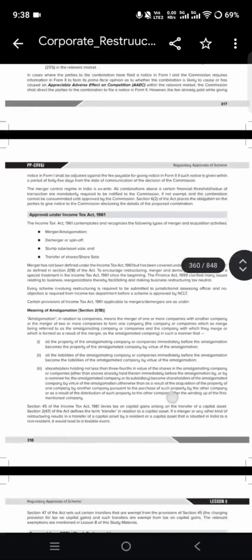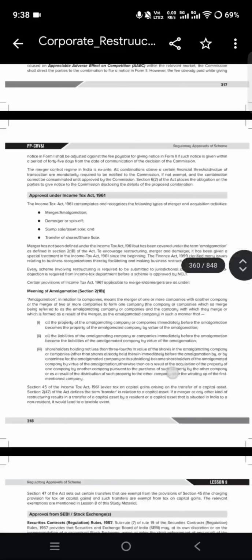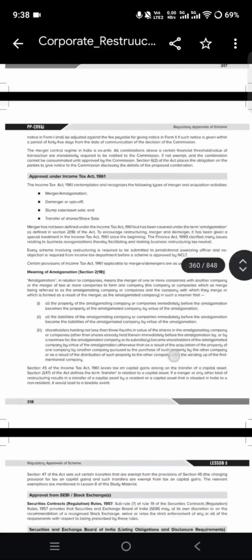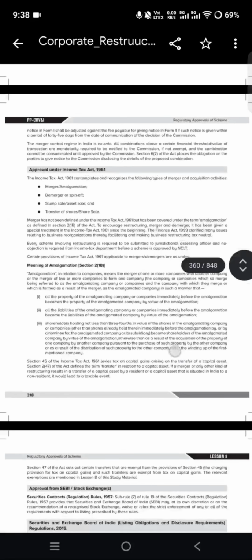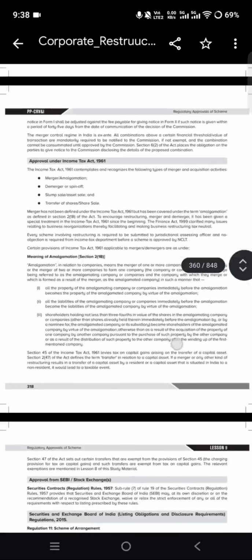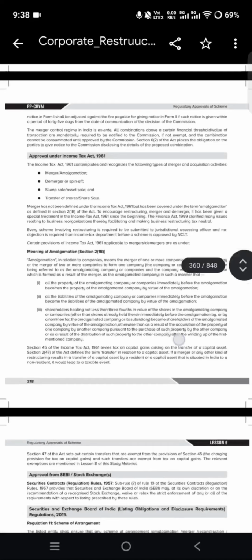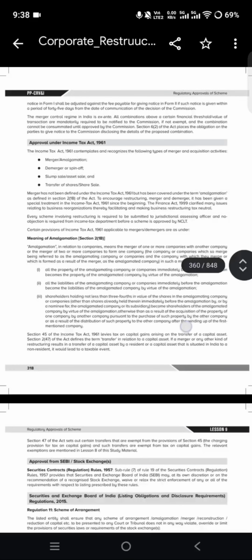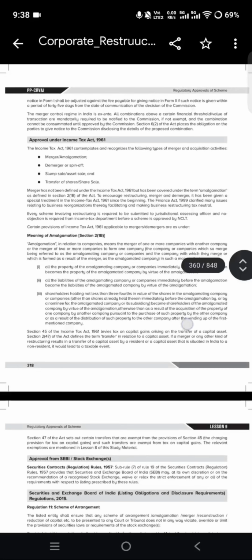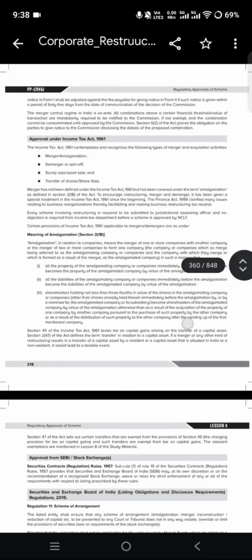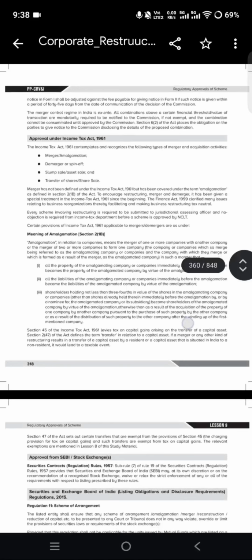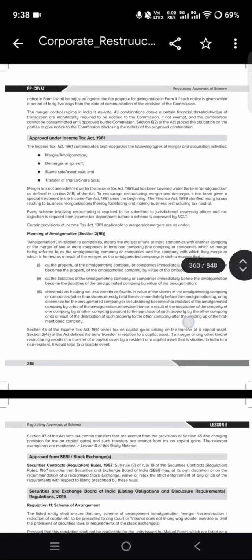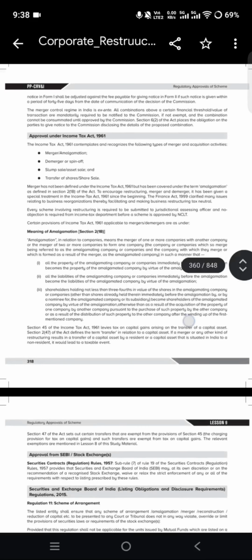Third, if the scheme of amalgamation is approved by the requisite majority of the shareholders, it shall be submitted to the Reserve Bank for sanction, and if sanctioned by the RBI by an order in writing passed in this behalf, it shall be binding on the banking companies concerned and also on the shareholders. Any shareholder who has voted against the scheme, that is, a dissenting shareholder, at the meeting, or has given notice in writing at or prior to the meeting to the company concerned or to the presiding officer, so he either gave notice or directly voted against,